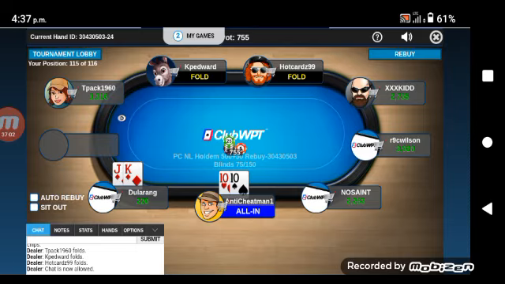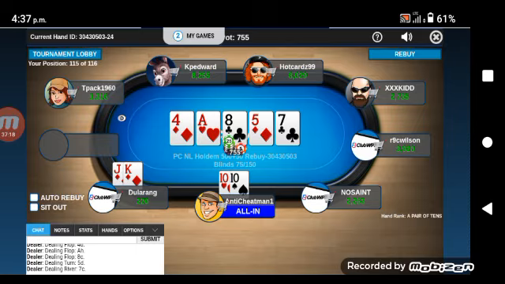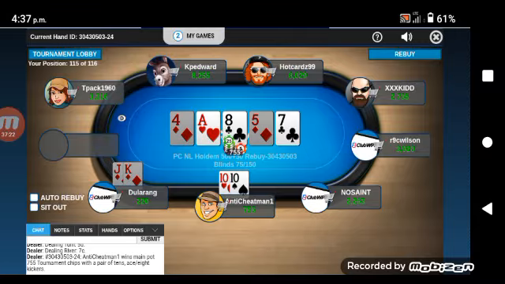Here we go, short stack, classic flip situation. I'm 1-3 on this website. Now he has the flush draw. Nice. So there we go, I doubled up. Now